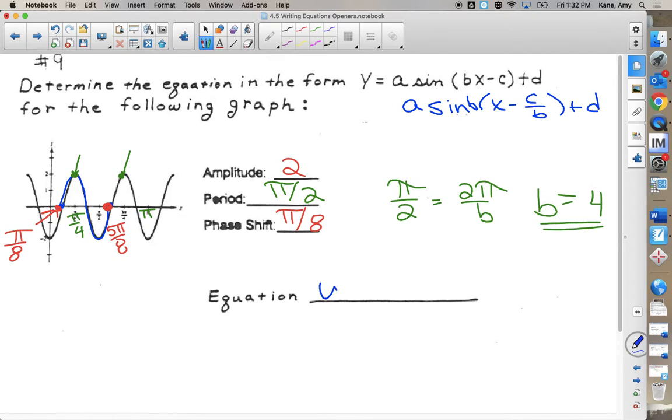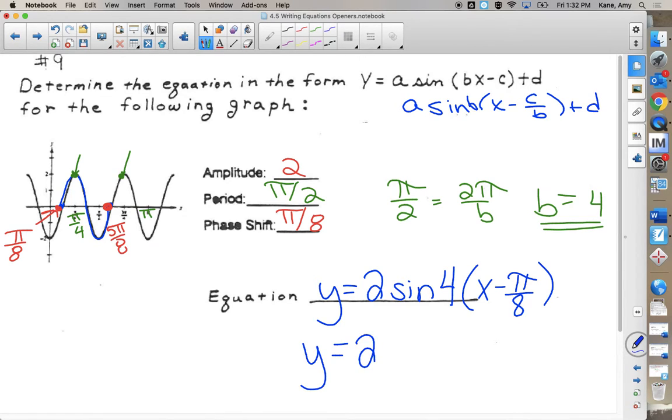We don't have a d value. We can write our equation. Amplitude, we have a sine graph. Period is 4. And then in the parentheses, the phase shift is pi over 8, shifting right from 0 to pi over 8. Questions? If I wanted to write a cosine graph,